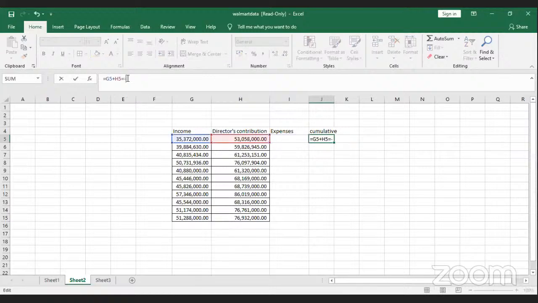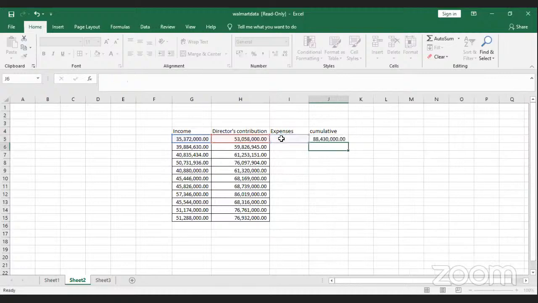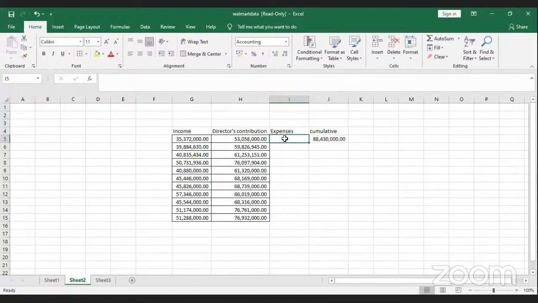Sorry, I used the equal to sign instead of the line. So I want to know how much I have left to me if I bring in